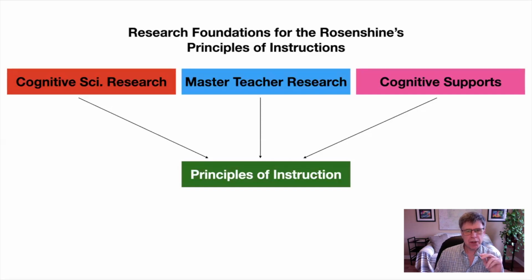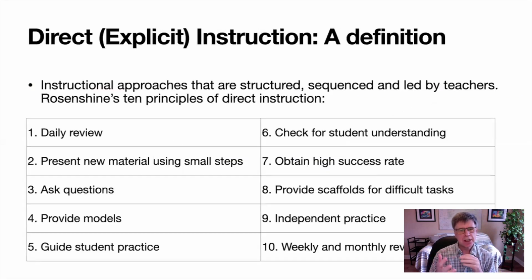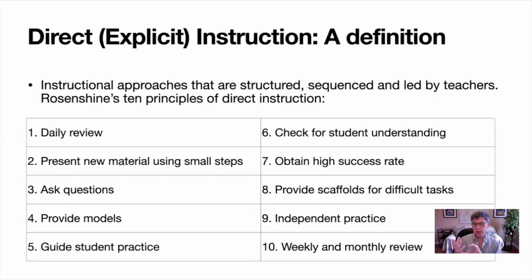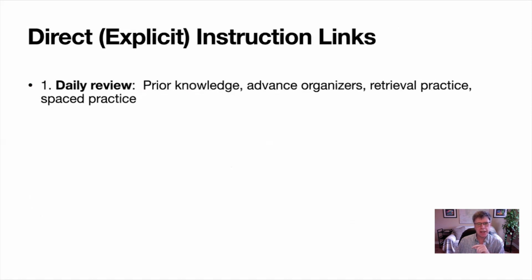So you've been reviewing them a little bit this past week. The principles actually bring together many of the concepts that we've touched on in this book series, including cognitive load and deep processing, dual coding, and the importance of prior knowledge, which all feed into the direct instruction model and Rosenshine's principles. Let's just go over them quickly one at a time.